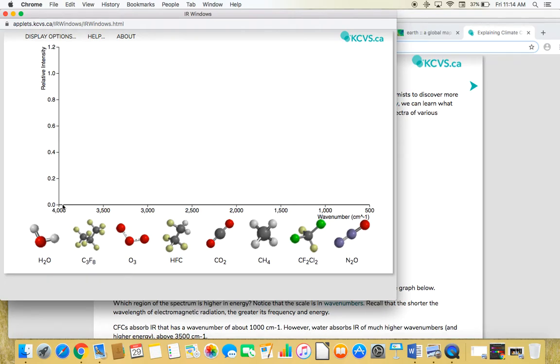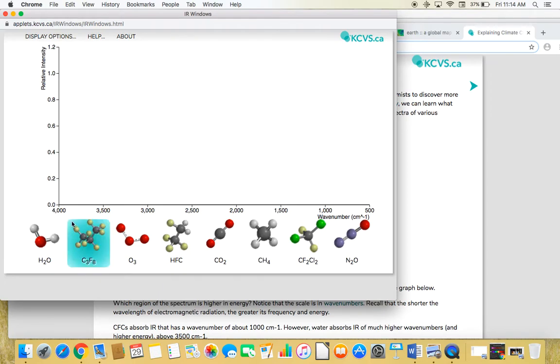it's going to re-release it back into space, some of it. Some of what is re-released back into space has the chance that it will be absorbed again by the atmosphere. That's the greenhouse effect. Now, only certain gases can do that. Nitrogen and oxygen can't, but these gases right here can. And each gas has its own